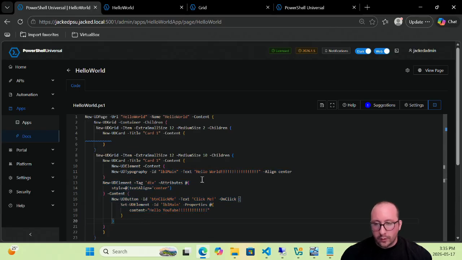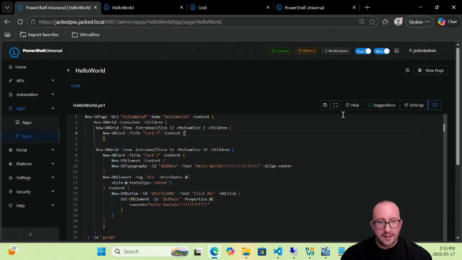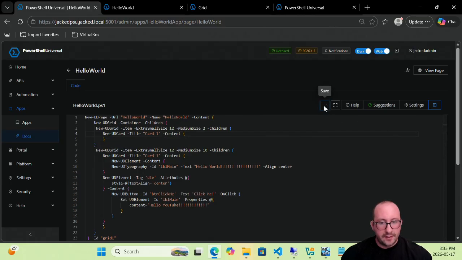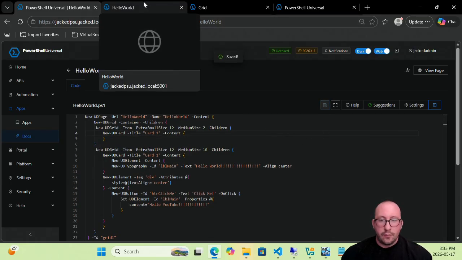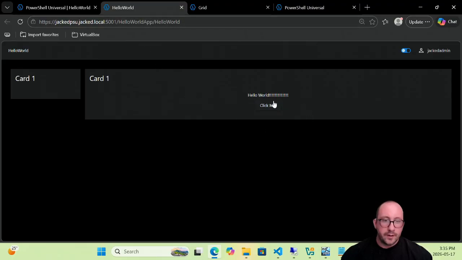And then I'm just going to organize that code to make sure that the layout is properly indented, and we are going to hit save. And now if we go look at it here, we can see our hello world and our click me button is now within that second card of our grid, and it is centered within that element. So it's not centered within the screen anymore, but it is centered within this element,